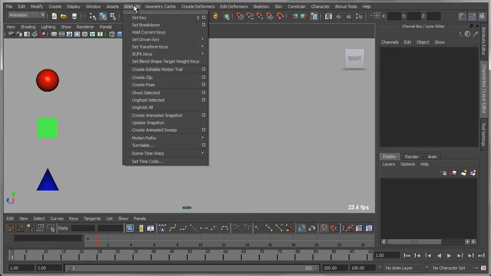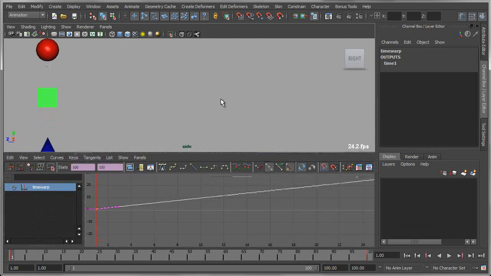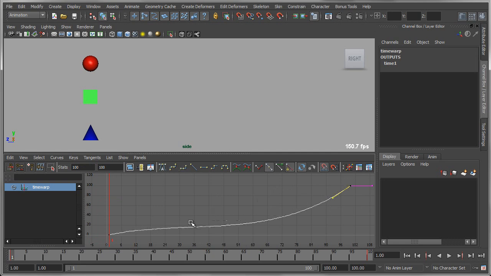So if I wanted to speed up or slow these down or change the rate of the animation, I can always go under Animate, and I can create what's called a scene time warp. If I add a scene time warp, that adds a single curve, and that single curve allows me to warp the animation. So if I were to change the shape of this curve by doing something like a flat out